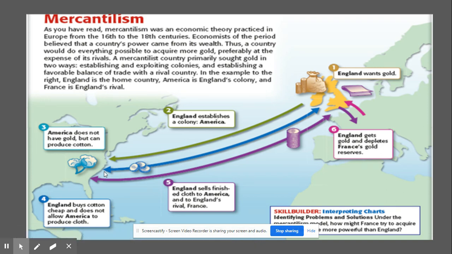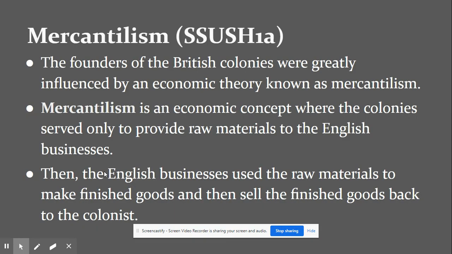Okay, if you can't afford to buy something, but you're having to buy it anyways because you have to have it, and you can't produce your own, you go in debt. Okay, which means you're constantly having to work for the other system, and that is what mercantilism is, guys. Understand that the colonies were being taken advantage of; they were being screwed over. Okay, so they produce the raw materials, they get paid cheap for the raw materials, and then they have to buy what they sent their materials to make for way more than they made off of the materials that was sent over to make that. Okay, so understand that's how it works.